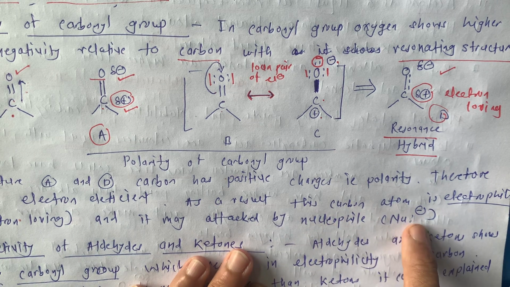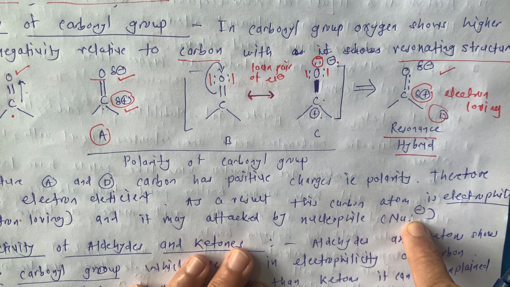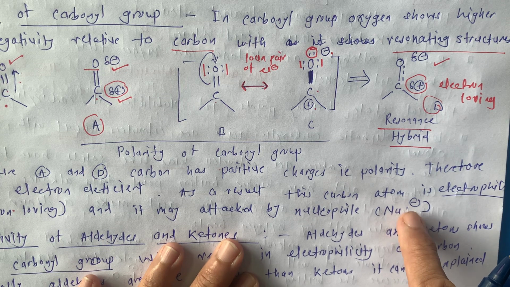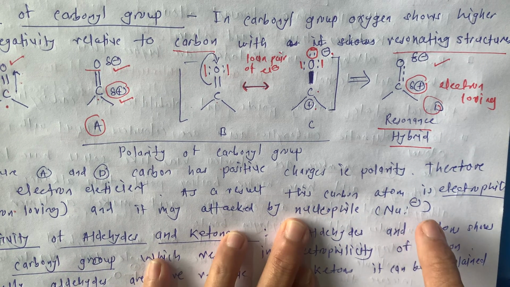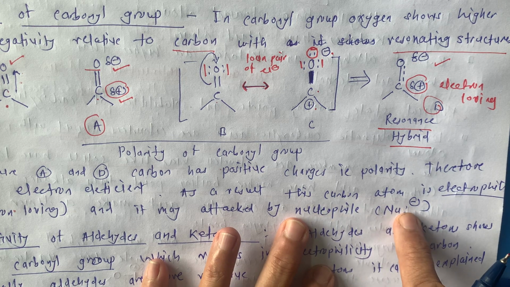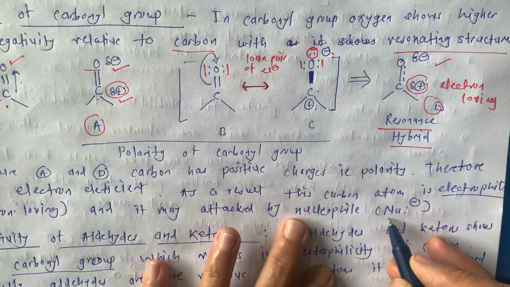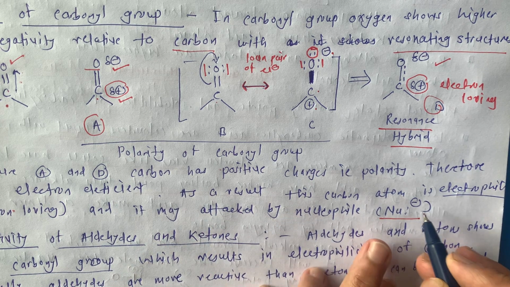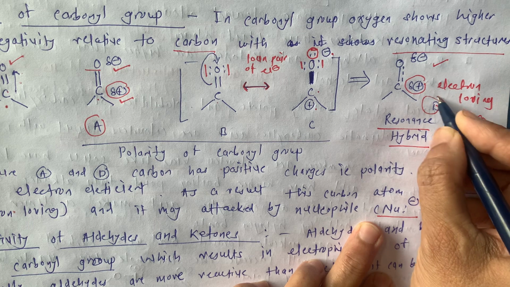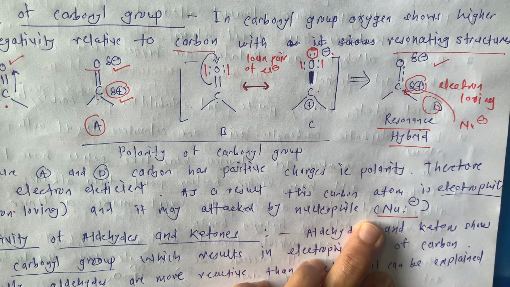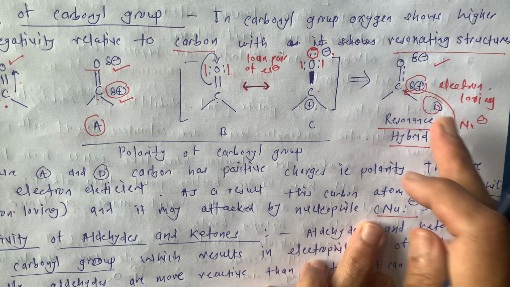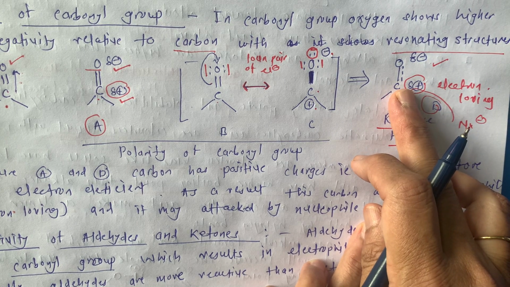This nucleophilic attack we studied in SN1 and SN2 also. So we know what is nucleophile, what is electrophile, how they are going to attack. Substitution nucleophilic unimolecular, and we studied substitution nucleophilic bimolecular. Same concept is here: this nucleophile Nu minus is going to attack on this positive charge, which is electron loving, which is electrophile. So nucleophile is going to attack on electrophile.